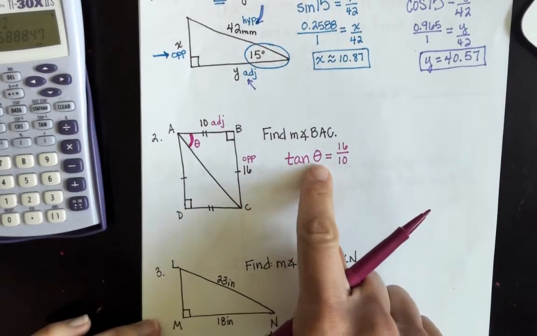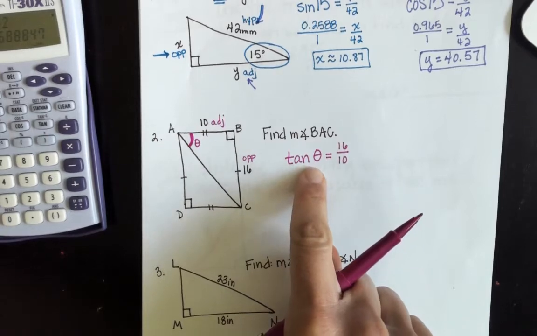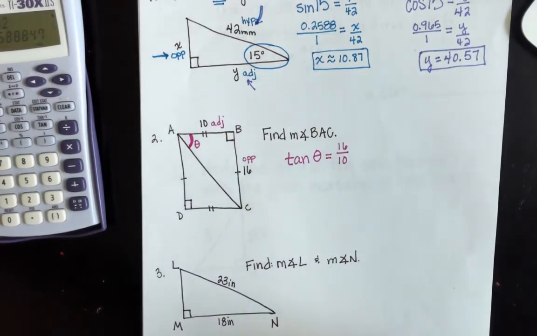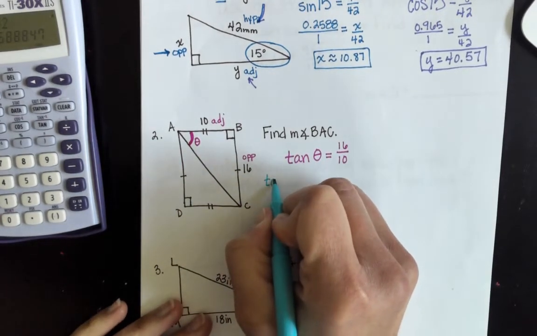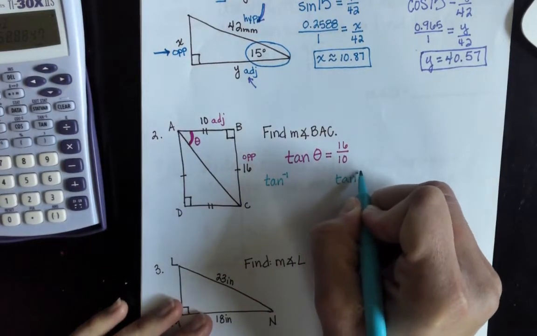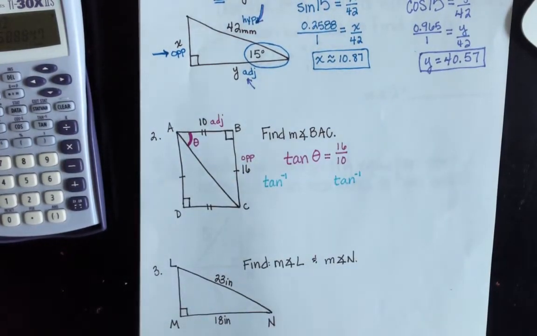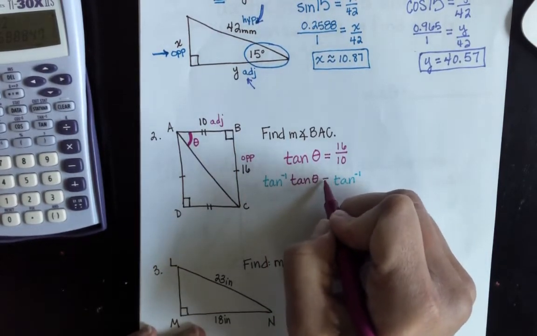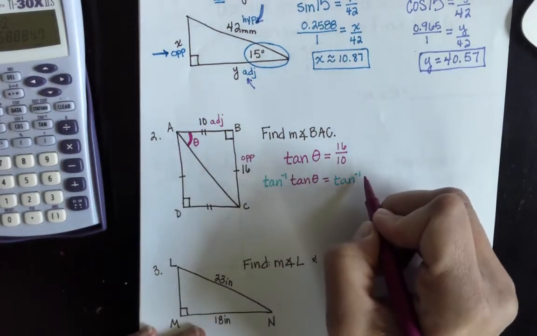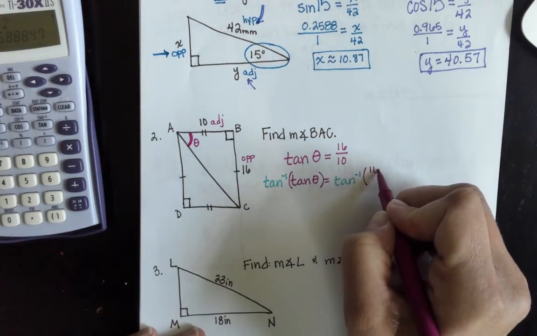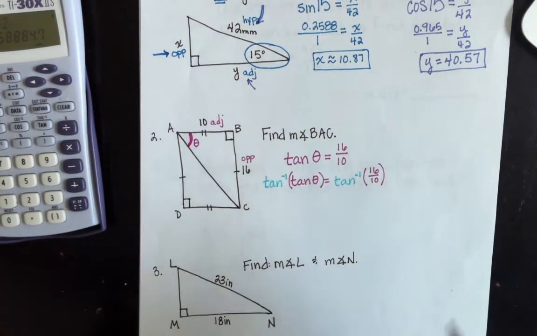is opposite 16 over adjacent 10. Now remember, we have to undo tangent to get theta by itself. So when we do that, make sure you remember that we have that inverse operation, and what we do to one side, we have to do to the other. Now, most of this is just for notes. Very rarely are you going to see anyone write all this out. It is all done in your calculator,